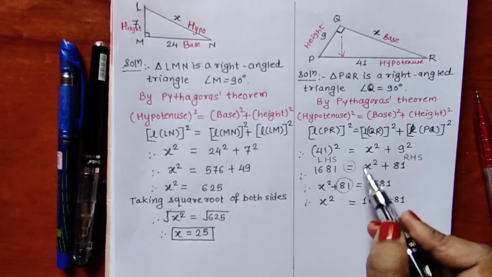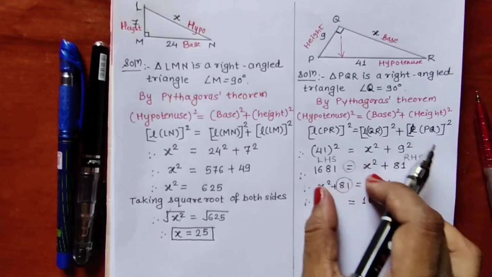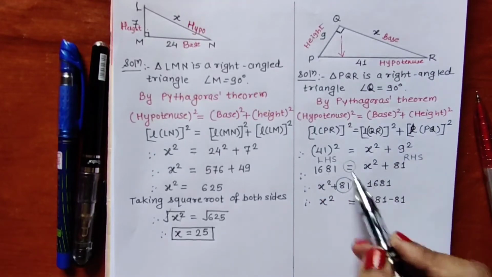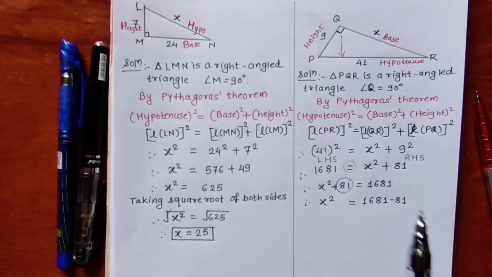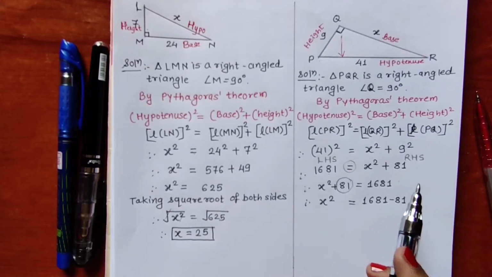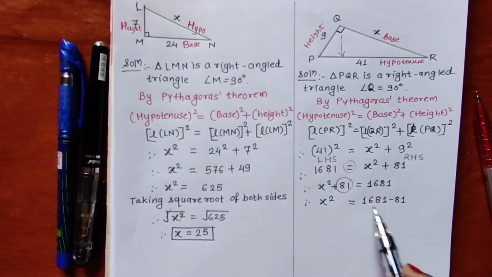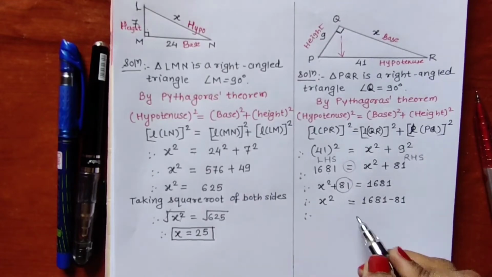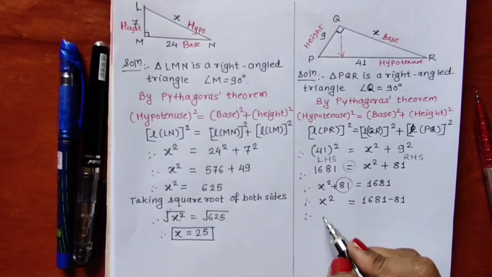When we transfer only one number from one side to the other side, this plus 81 will become minus 81. Earlier we transferred the full side from one side to the other side, so we did not change the sign. But now in this step we are transferring only one number, only 81, that's why plus 81 will become minus 81. When a single number or single term is transferred from one side to the other side, its sign will change. Always keep this in mind. So now this subtraction we can do here on the right hand side. Both the numbers are there, we can do the subtraction. Now it has become easy.